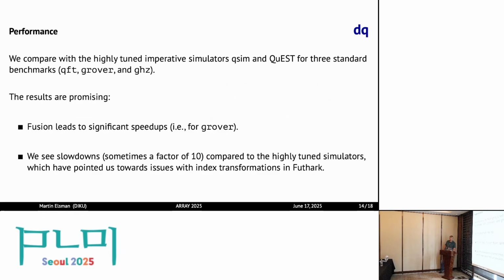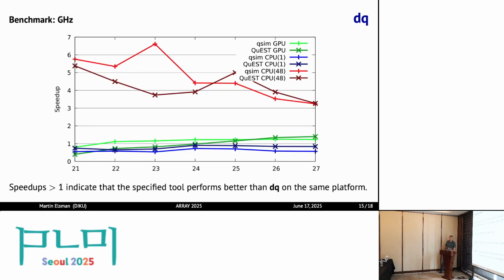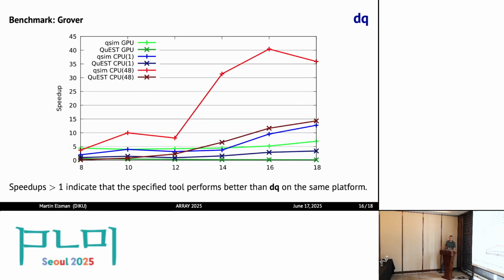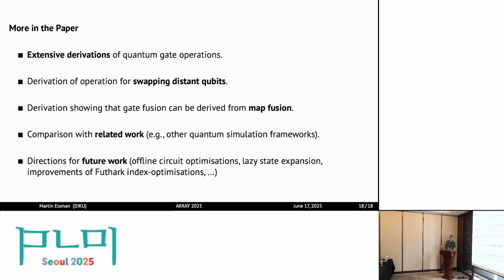This is pretty much it. There's some notion of performance. I won't go into details here due to time, and you can read more. We sometimes have a 10 times worse performance, but on GPUs. Other than that, there are good possibilities for future work, something we can look at to get performance even better. Thank you.